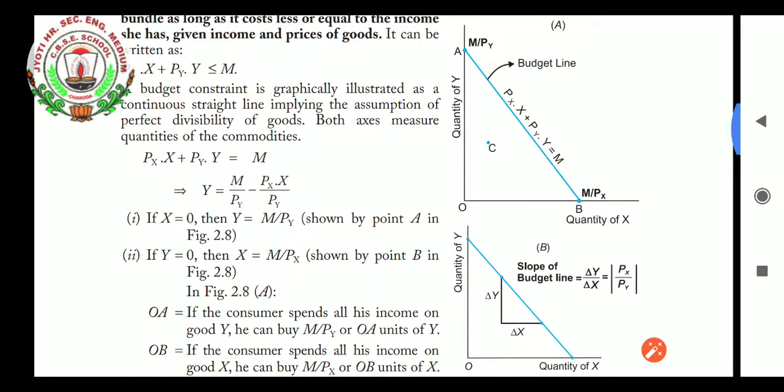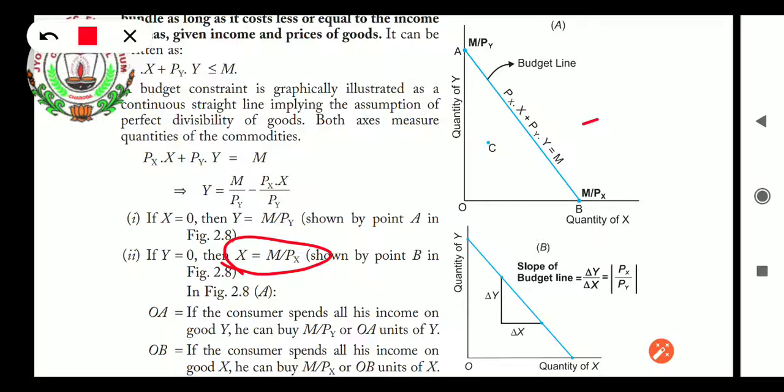And then for product Y, if Y equals 0, it means if we don't want to purchase any product of Y, how many units of X can we purchase? For that, M is the income of the person. That was the 200 in the last question. So if the quantity purchased by us of Y equals 0, definitely it means no purchase of product Y. How many units of X can we purchase? Here we can see with the equation that X equals M upon Px.